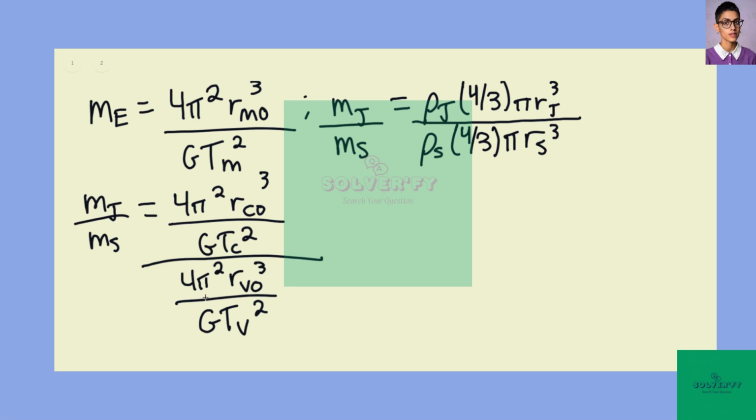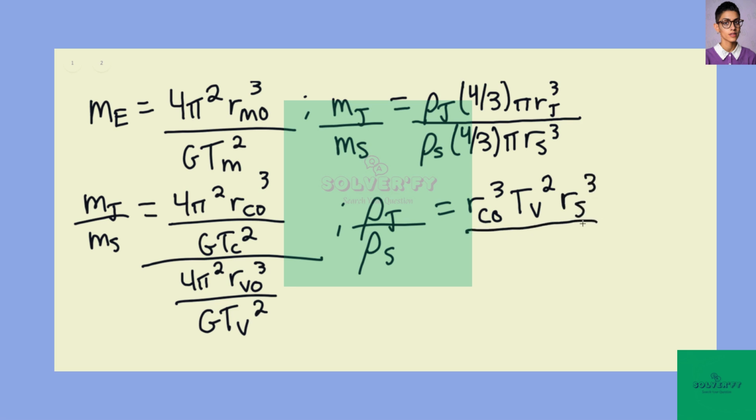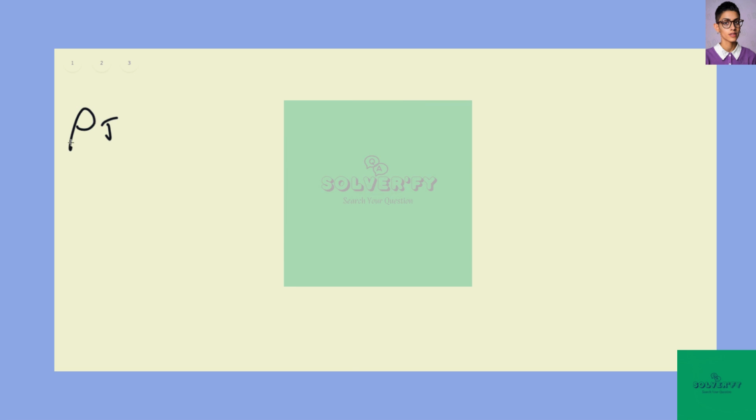And we're going to relate this formula here to this formula here. And we find that the density of Jupiter divided by the density of the Sun is going to be equal to the radius of Callisto's orbit cubed times the period of Venus squared times the radius of the Sun cubed, divided by the period of Callisto squared times the radius of Venus's orbit cubed times the radius of Jupiter cubed. And we can solve, so the density of Jupiter divided by the density of the Sun. We're just simply plugging in for all of these values. This will be equal to